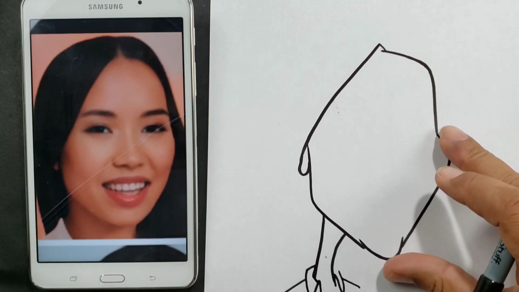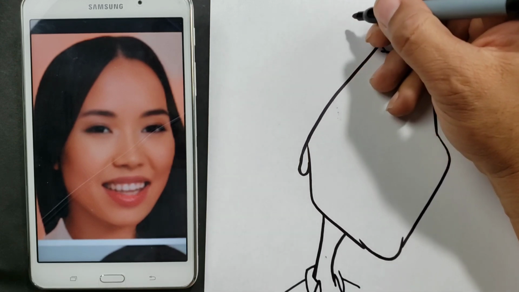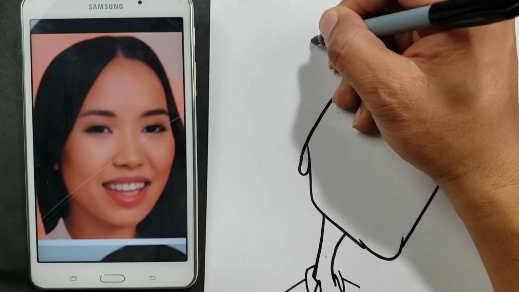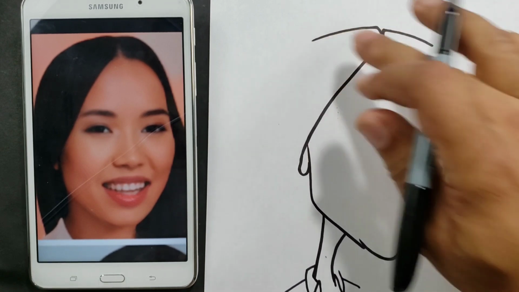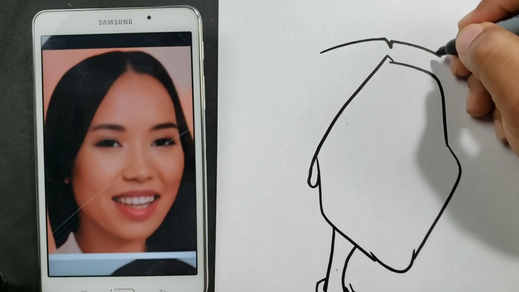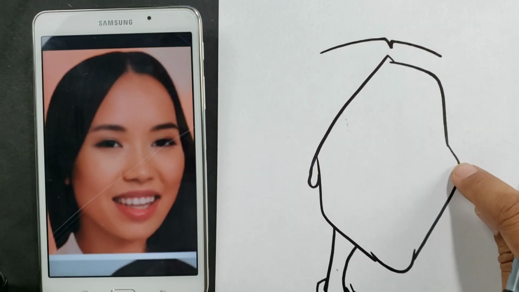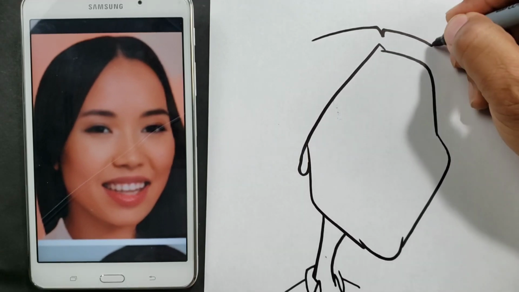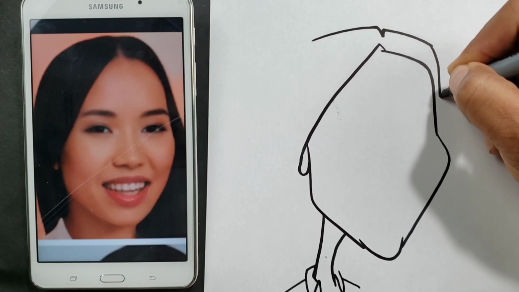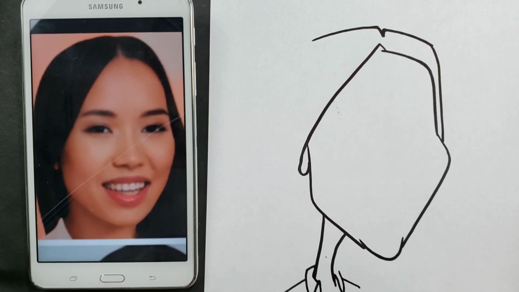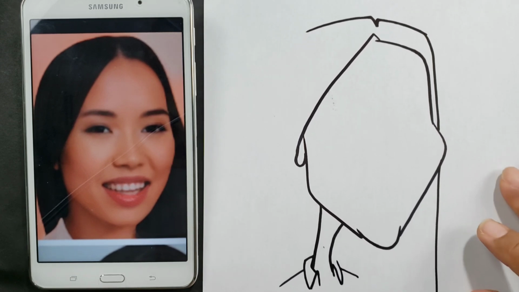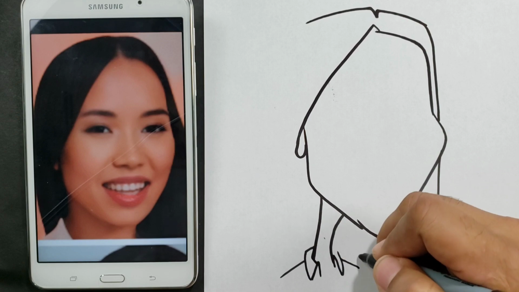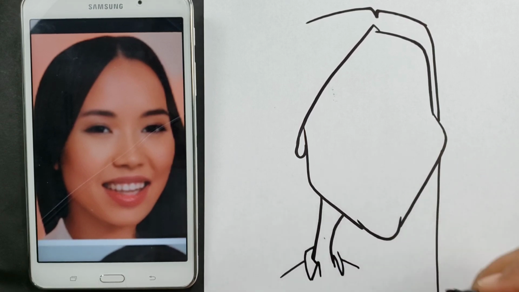Now what I'm going to do here is give the top of my diamond a little bit of bluntness up here because of the top of the head. I don't want my cheekbones to be taken away from at all, because that's an important part of the picture. So when I bring this hair down, I'm going to be sure to bring it behind that cheekbone, and then maybe I'll go long ways with it. I'm not going to be able to get it all in because of the size of the paper,